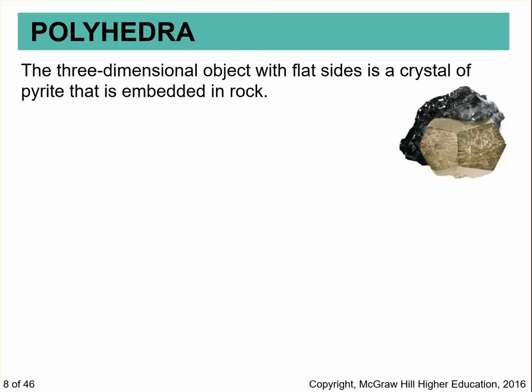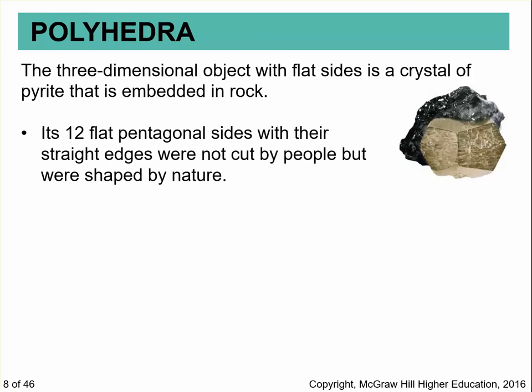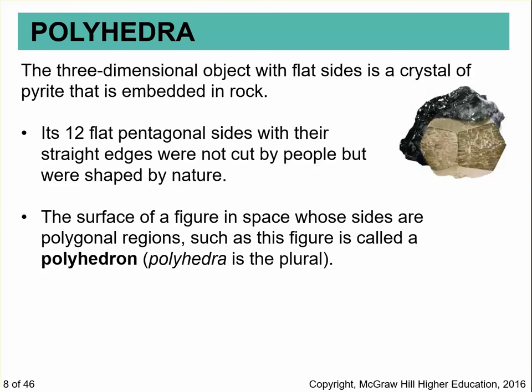Now the fun stuff, the polyhedra. So a polyhedron is a three-dimensional object with flat sides. The best example of a polyhedron would be a soccer ball. You ever look at a soccer ball? It has a polygon for a face. All right. This has got 12 flat pentagonal sides, but the straight edges were not cut by people, but were shaped by nature. The surface of the figure in this space whose sides are polygonal regions, such as this figure, is called